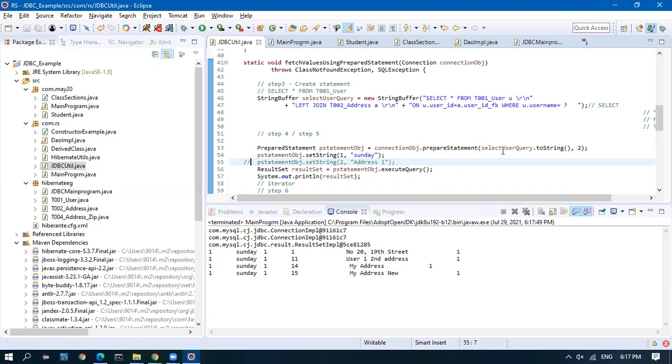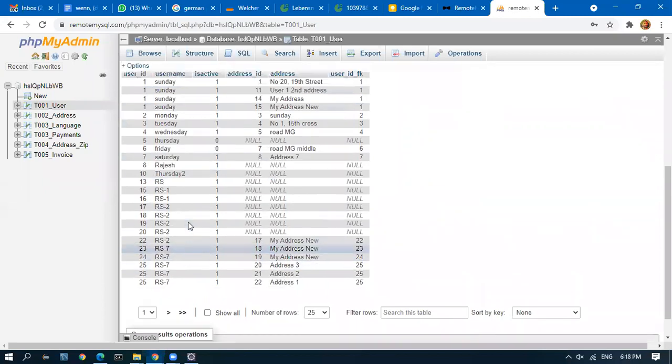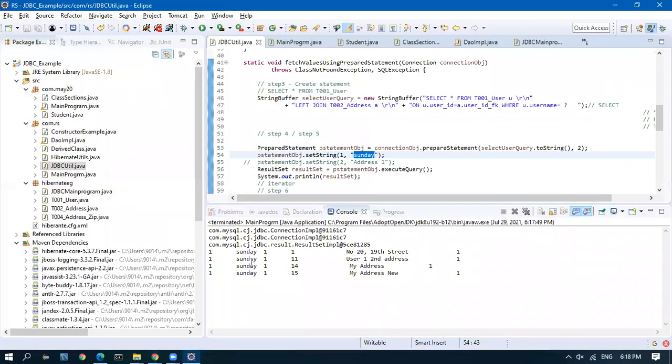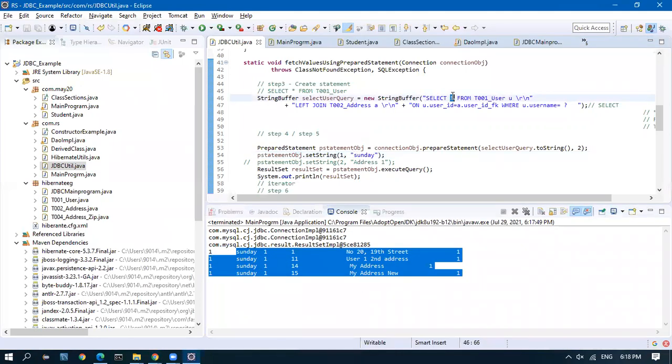Yeah. So when I give u.username equal to Sunday, from the table we have 1, 2, 3, 4 Sundays. So the 4 records have been brought here. And here I have given star, so it's going to bring all the records, all the columns from user and address.